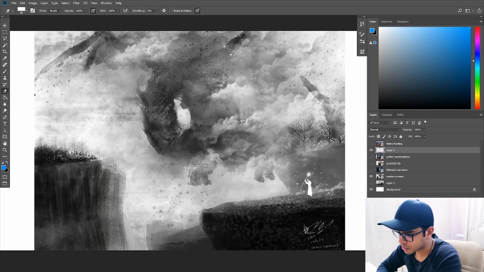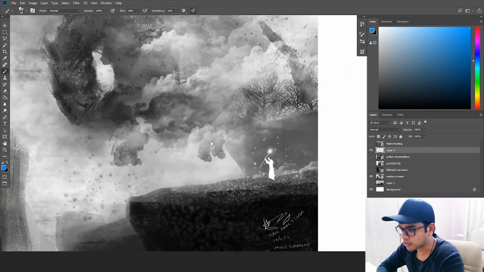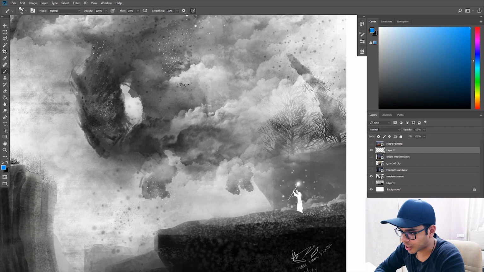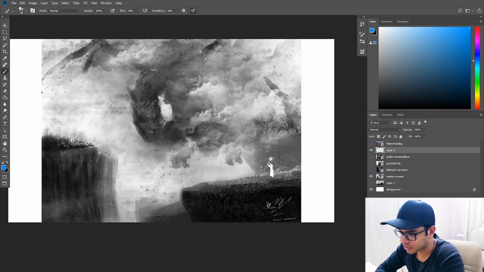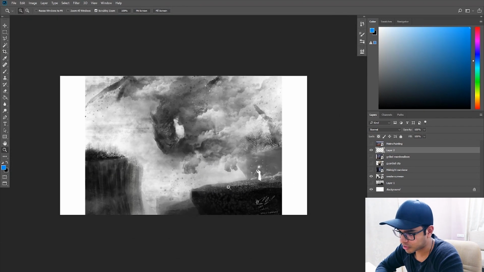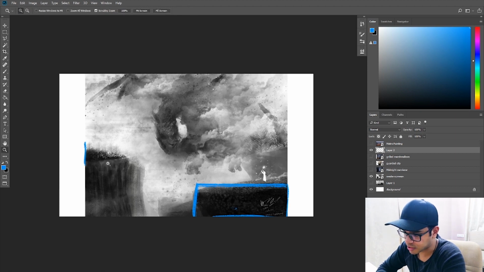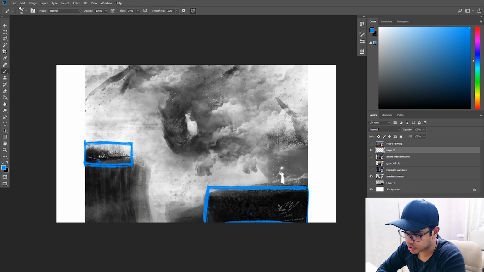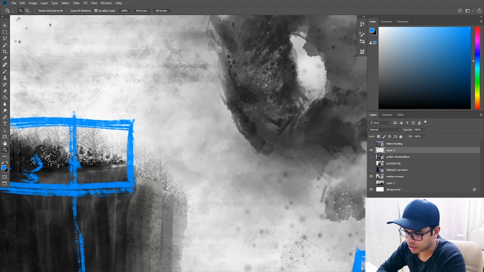So if we just look at this, okay, the amount of effort I've used just to rely on brushes alone to capture this kind of smoke dragon or something, and this white Gandalf dude summoning it, and even all the texture on this rock. But if you look at the fundamentals of this painting, it is so off. This spot is closest to camera, right? So this obviously should be darker, but why then is this spot just as dark? Is there no atmosphere in this area? It's just totally off. And even the trees, right, they are so detailed, you can see all the details,